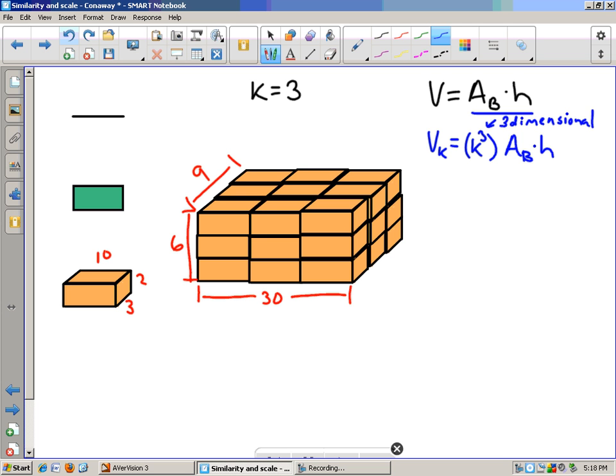This is the 3-dimensional part of it. And the reason it's K cubed is because of what's really happened. Let's just use a simple formula like length times width times height. The original length times width times height have all been multiplied by the same K. So it's no longer the simple original one. It is V equals K